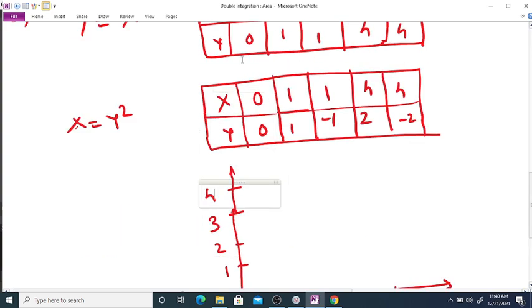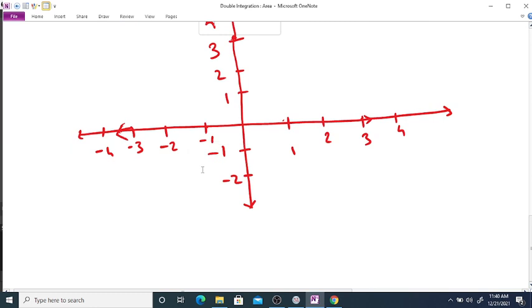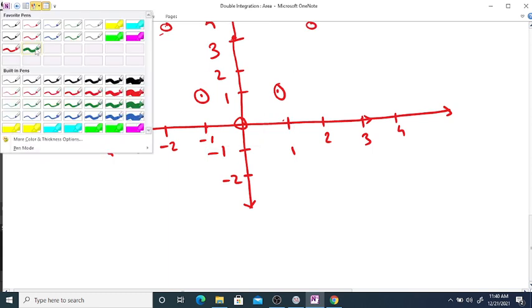Okay, so the first points are 0, 0; 1, 1; minus 1, 1; for minus 2 it is 4, and for 2 it is again 4. So if we join these points with a different color,